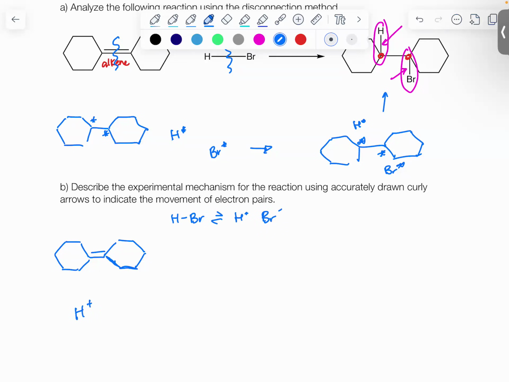So we'll have H plus floating around. Like we said earlier as well, our double bonds are nucleophilic. So we will pick up that electrophile and we will end up with